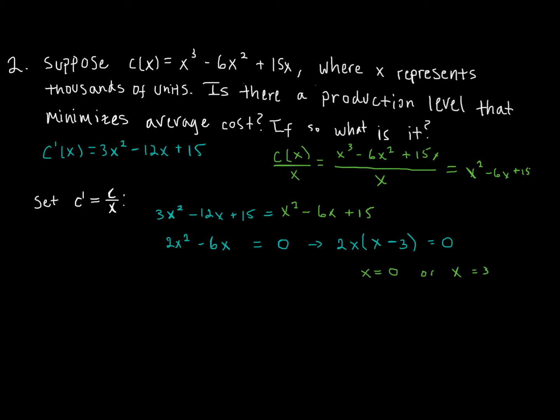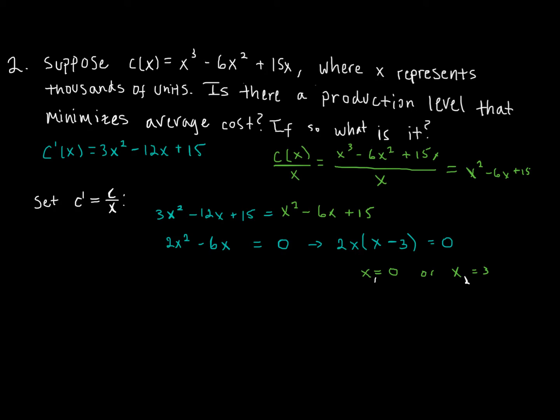So in doing so, I actually am able to factor this quite nicely, and that allows me to solve for X. X is either equal to 0 or X equals 3. Now you might be tempted to say, okay, I have two X values, let's name these X1 and X2 and let's test them out. But X equals 0 means you're producing no products, and pretty sure that doesn't work for